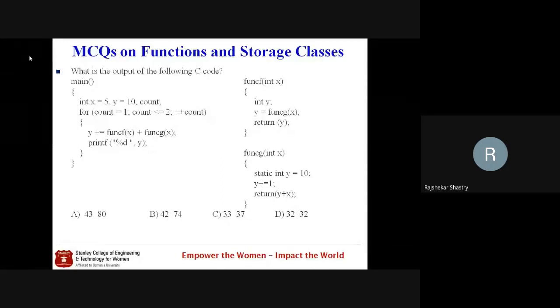Then what that G function is returning, we are storing it in Y, and that Y we are returning from F to the main method. So to the main method, whatever the F and G functions are returning, their respective values will be stored, and that resultant sum is added to Y, which is 10. And that updated Y value, we are printing on the screen.